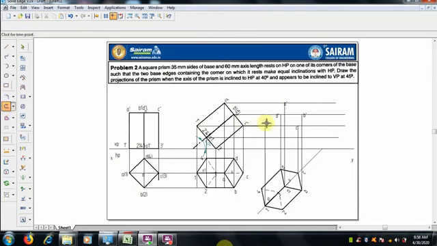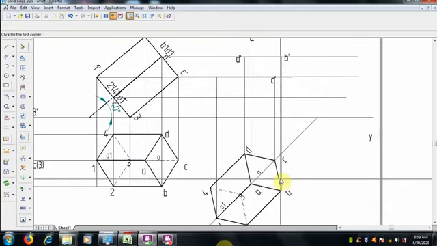If it is not exact, you can extend and trim. 2 with 2 dash. If it does not come correctly, you can zoom so that the view will be clear. Go for the zoom option, select nearby the closer window.